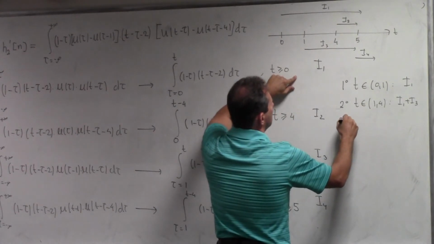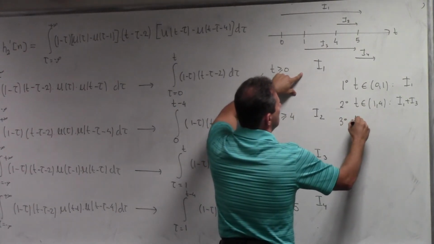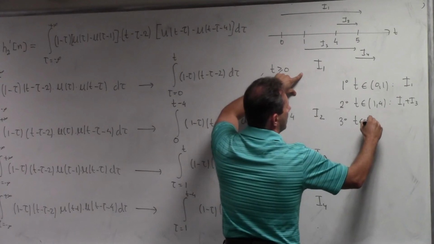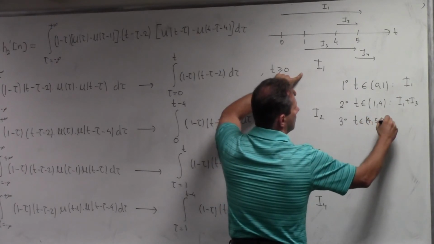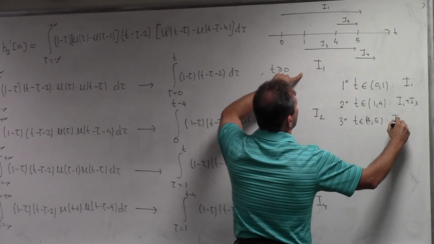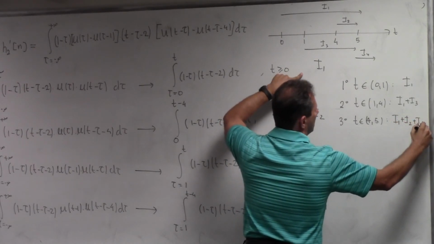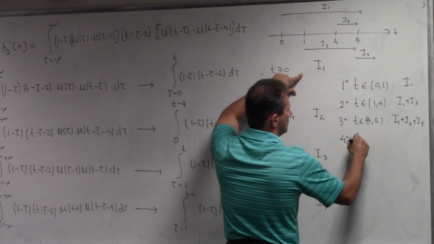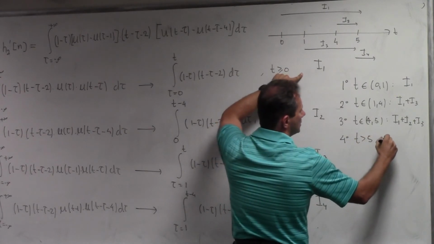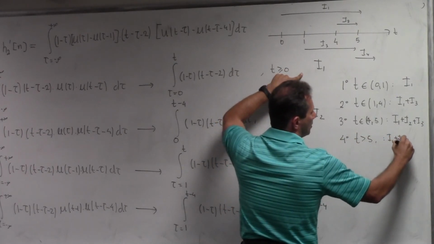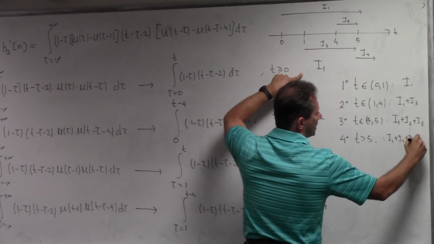Then case 3, t is between 4 and 5, in which case you have I1 plus I2 plus I3. And in case 4, t greater than 5, you have I1 plus I2 plus I3 plus I4,